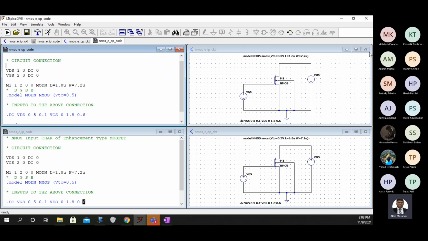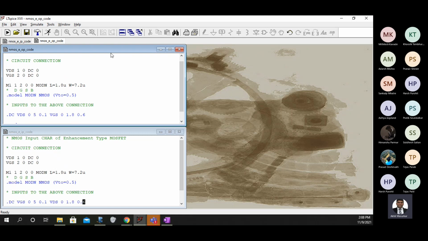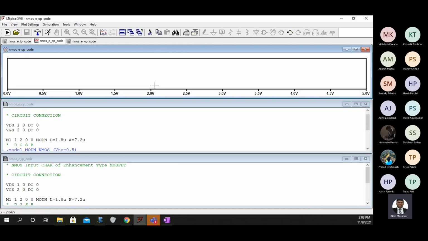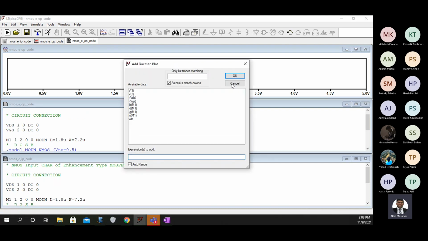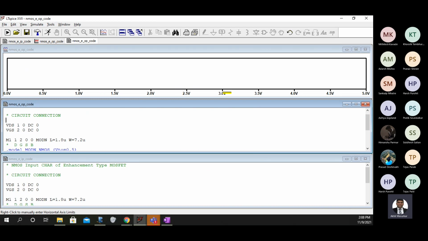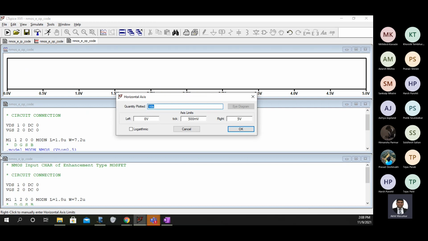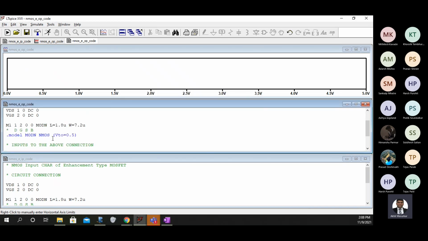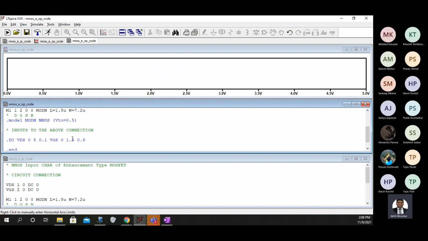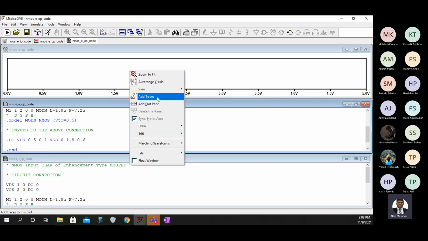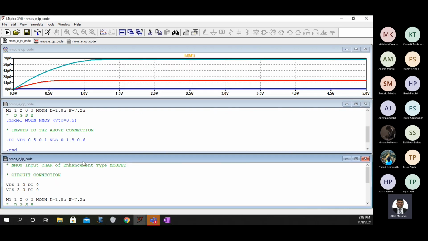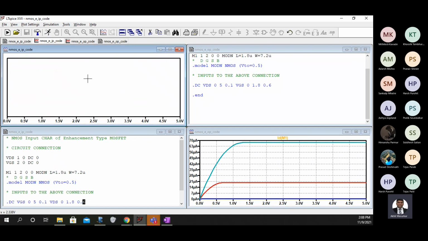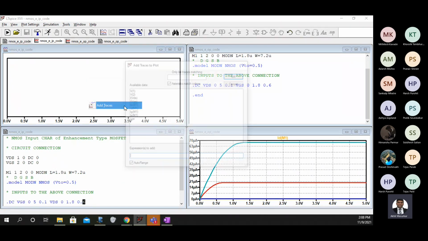So if you try and plot this, this is your output characteristics. I'll add it here. Before you see, make sure to note that the x-axis is now VDS, because here we wrote VDS first and then VGS, and now we want to see the value of ID. So we should be able to see this, and then we'll run our previous one also.